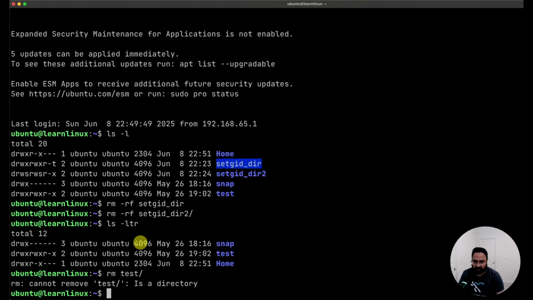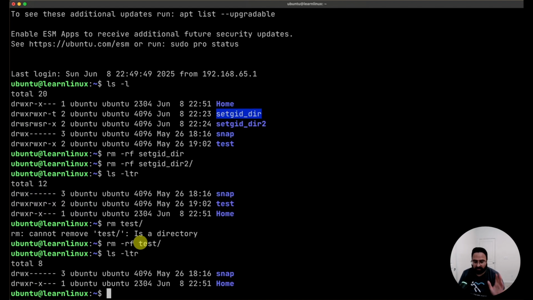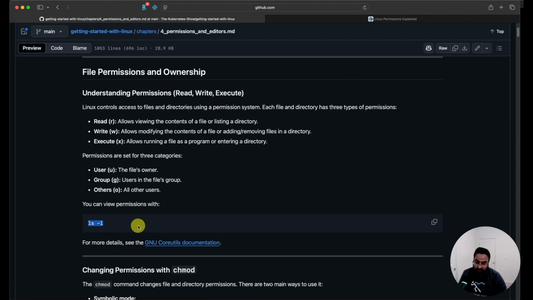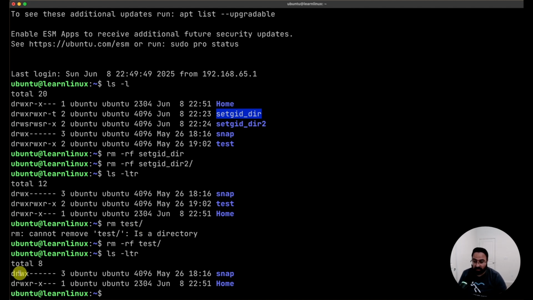I will remove all these, and now this is how your system should be if you created a new virtual machine, right? So you log in and you run ls -l, and the output shows something like total